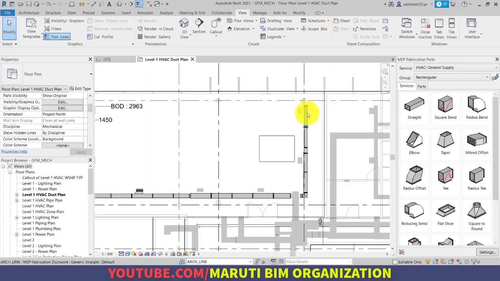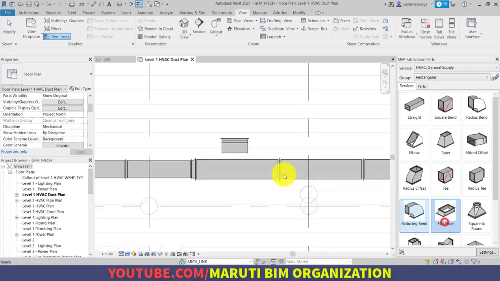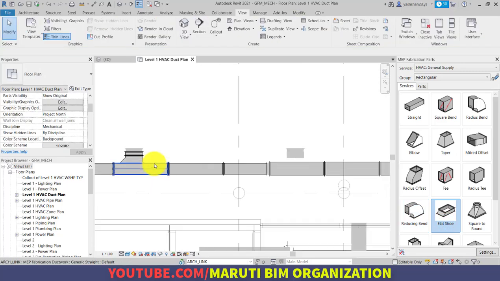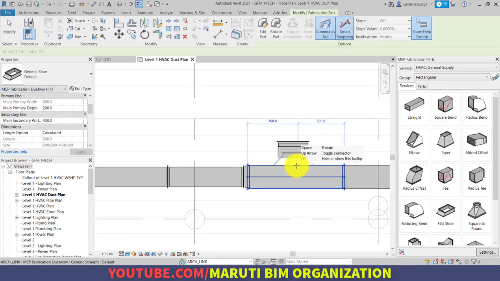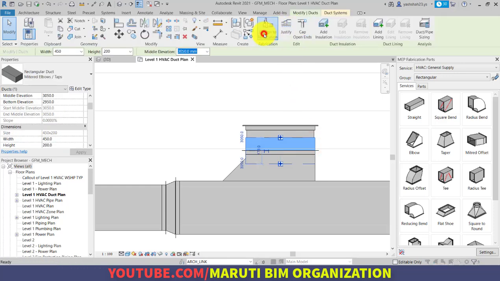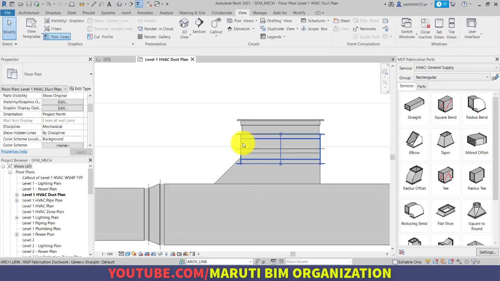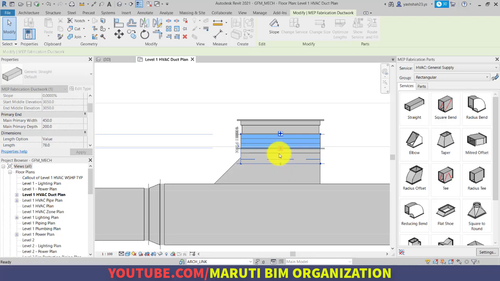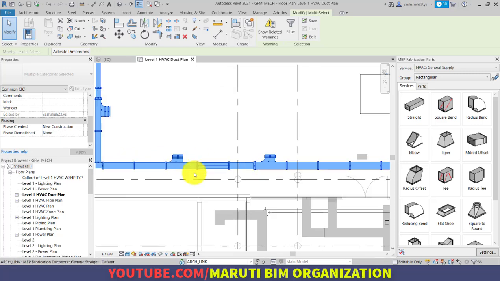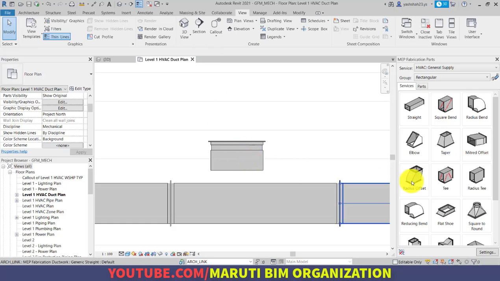Okay, so now it has been done very nicely, properly, and the remaining thing is to place the shoe connection. Selecting this, create similar, and selecting this duct, design to fabrication, changing its length. Notice that it has been matched up correctly. The same thing you can also repeat here as well.